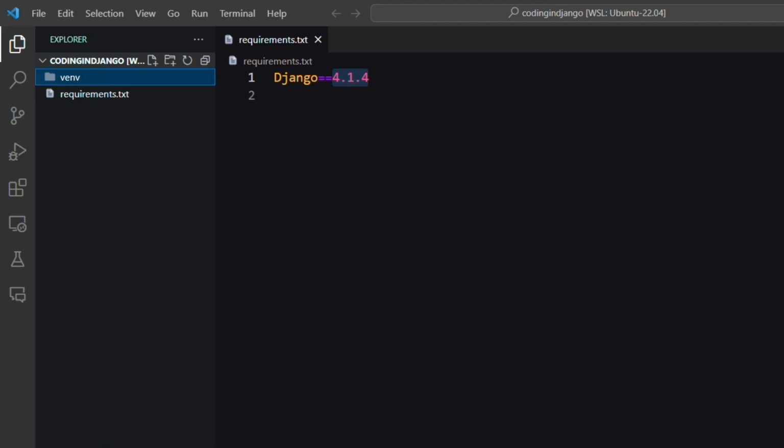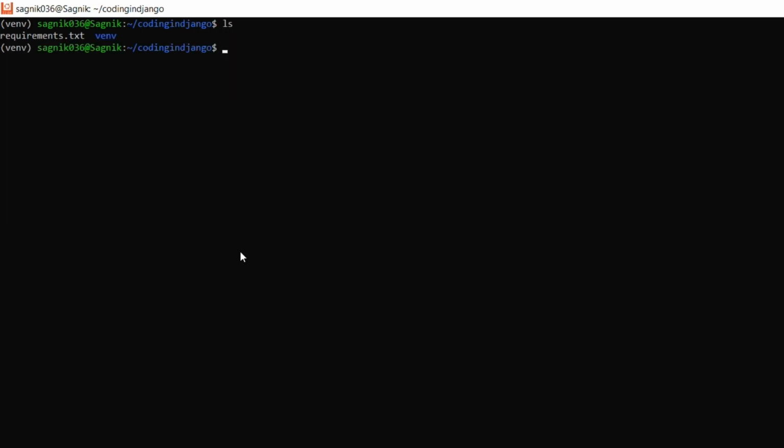So remember to activate the virtual environment while creating the Django project, because all your packages get installed in that environment only. If you don't activate that environment, it will not work. So let me create the Django project. Here is the command for that,